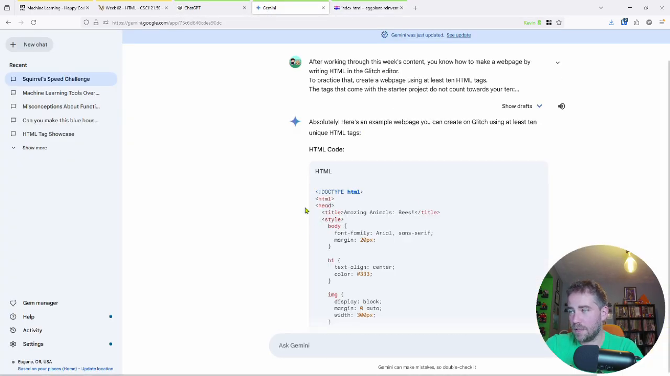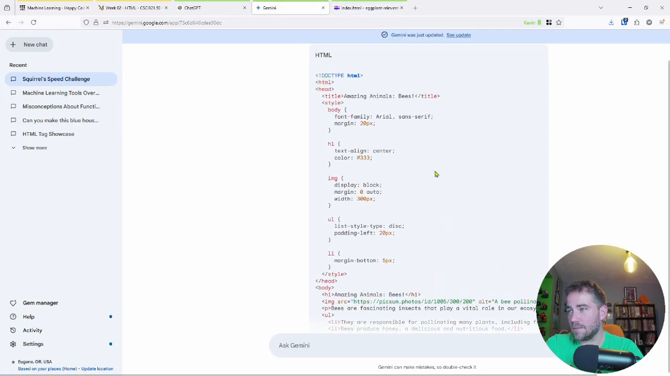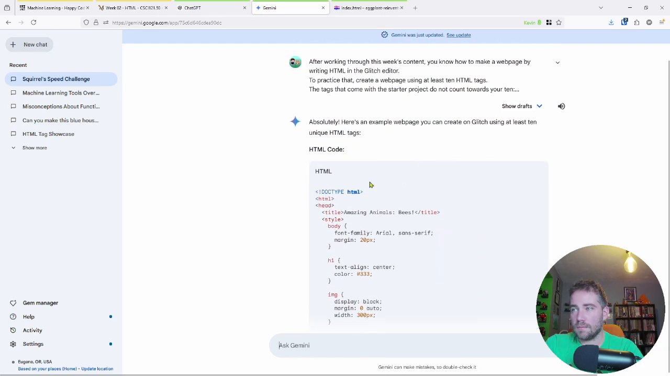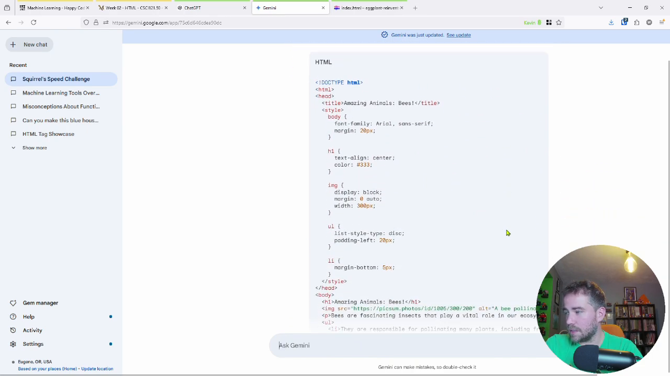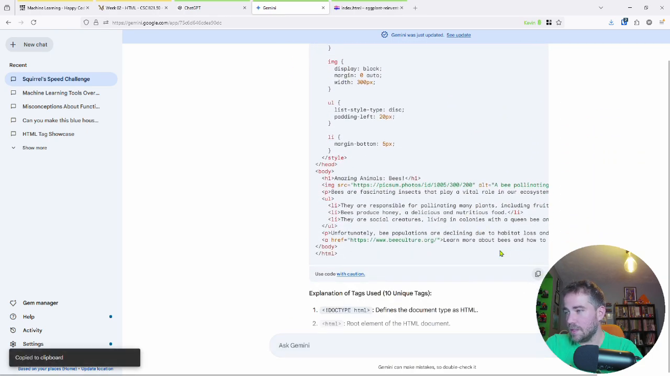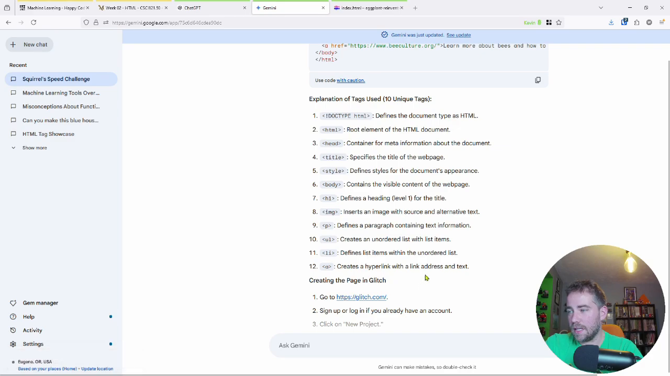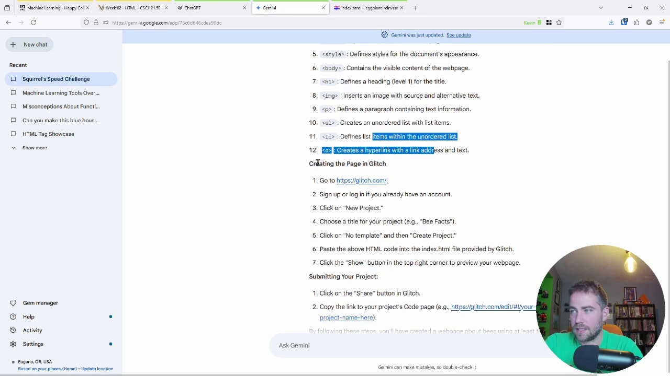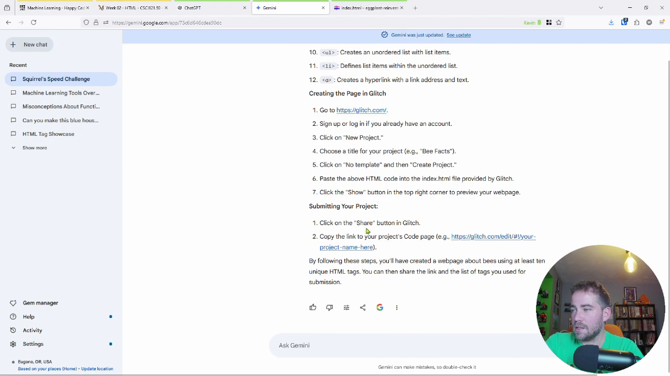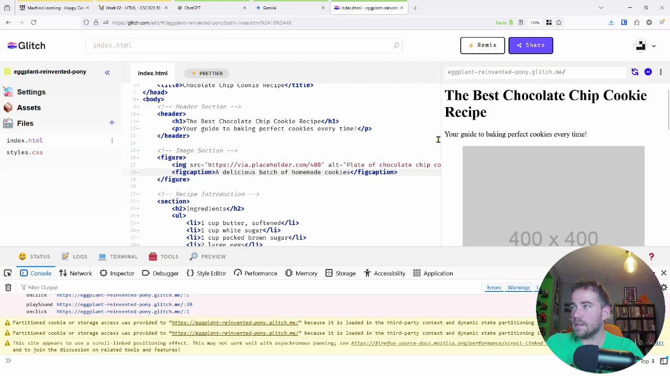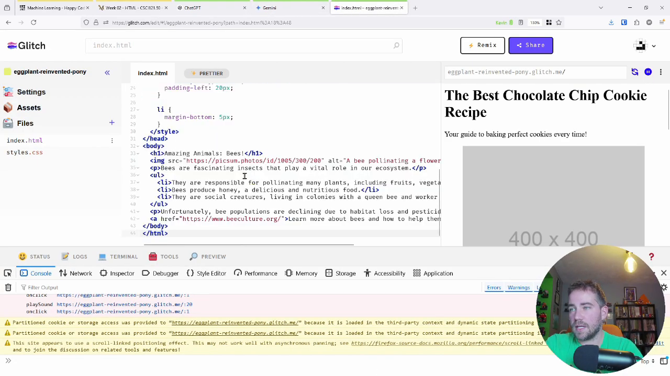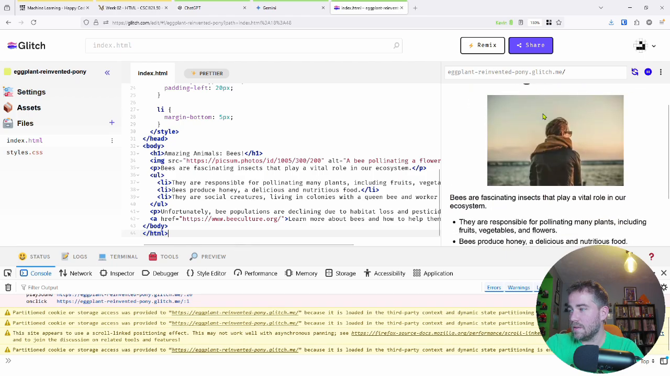And let's see how Gemini does. I've got this HTML, and it's funny. It even includes CSS, even though I didn't tell it to include CSS, but it has decided to. And it does say here are the 10 tags. In fact, it has 12, and then it also says here's how to create a page in Glitch, which the project description had. And if I paste that in, then sure enough,